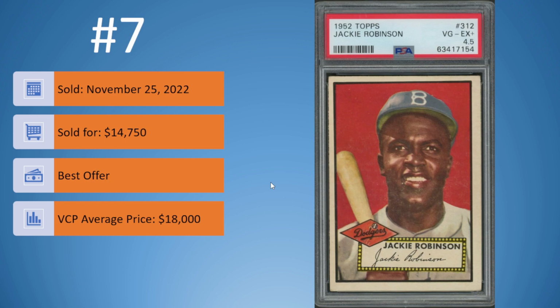And number 7, we have a gorgeous 52 Topps Jackie Robinson in a very respectable PSA 4.5. It is off-center, top to bottom, left to right. Around his chin, there is a little bit of surface scratching, but that red background is nice and bold. Such an iconic card for Jackie Robinson. This one sold on November 25th for $14,750. It was a best offer, and the VCP average price is actually